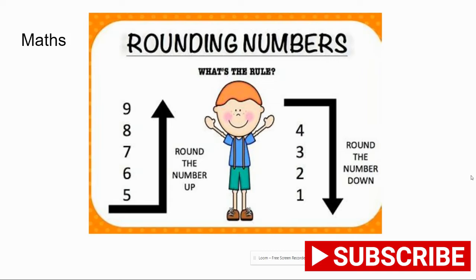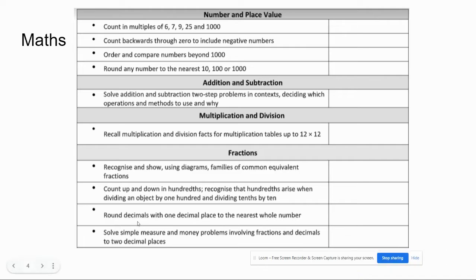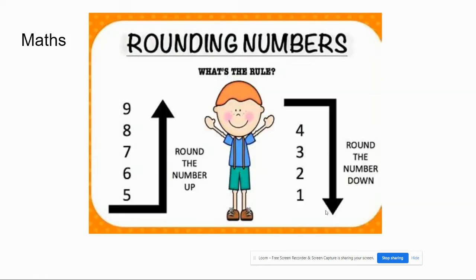So this is the first time that it comes up in school. It's not part of the Year 3 curriculum, but essentially the children will need to be able to round to the nearest 10, 100, and 1,000, and including down here, rounding decimals with 1 decimal place to the nearest whole number. So what's the rule then? So generally in school, the teacher will try and help the children to learn it by coming up with some rule, okay, or they will look at